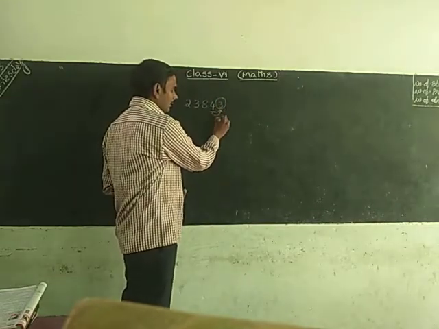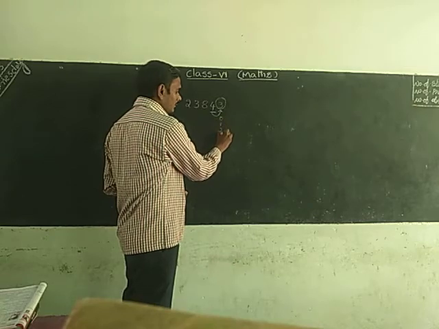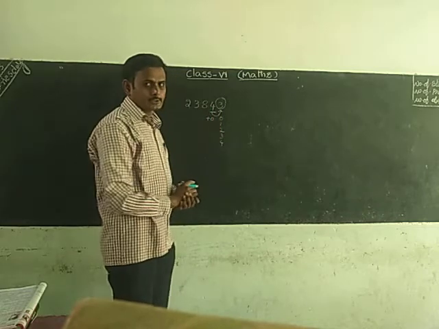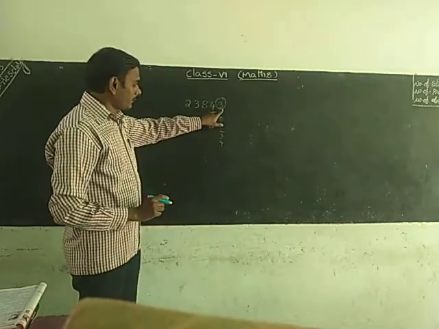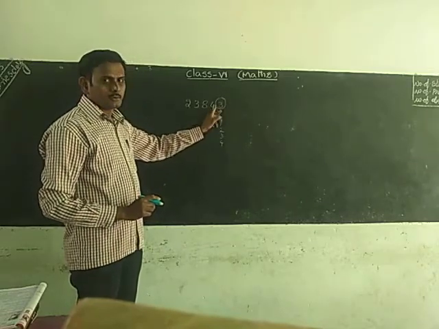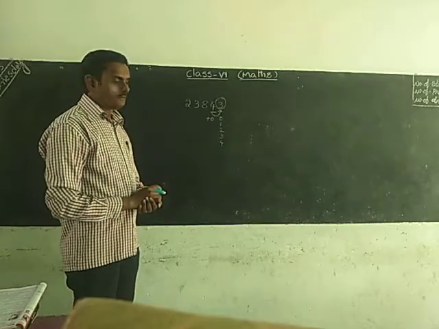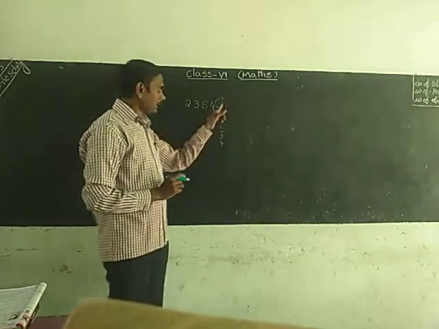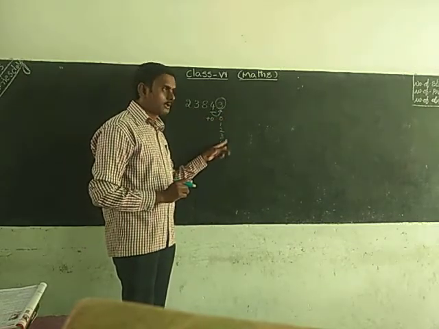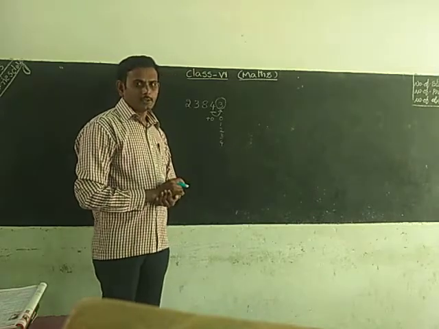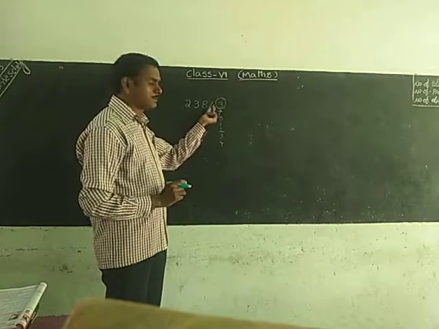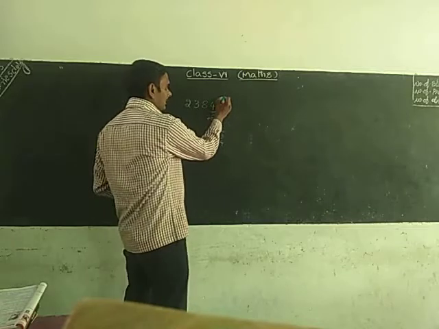In this circle, if we have 0, 1, 2, 3, 4, then we keep the tens place number and add 0. After underlining the tens place, the number to its right side we have to circle. In that circle, if any one of 0, 1, 2, 3 or 4 is available, then we add 0. That means the tens place number is kept with 0.